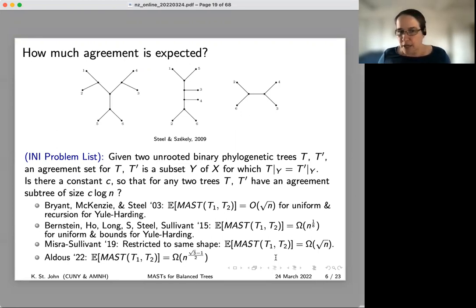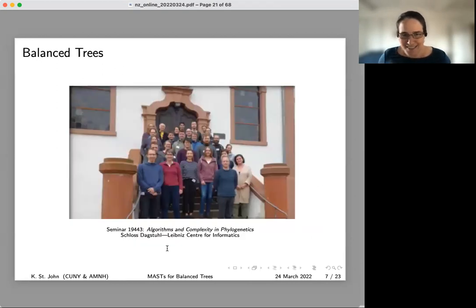The Aldous result is for any trees, not restricted to the similar tree shape that Seth needed for his results. So there are some interesting questions here about what you can do, and whether you can make this better, with tighter bounds. The Aldous result is for uniform and does have some bounds for Yule-Harding. So, okay, fast forward a couple of years, and in